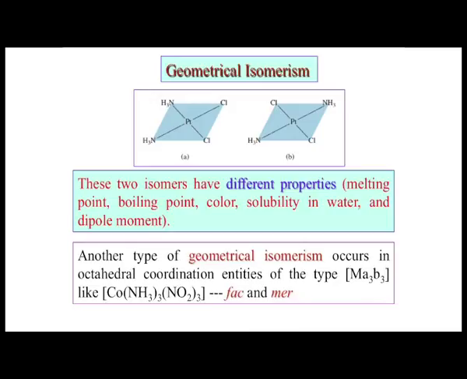So, the two isomers, why are they so important? Because we have already seen that there will be a difference in the corresponding color. This color part is very important when we talk about transition metal ions, whether a 3D, 4D or 5D metal ion, and the colors should be different. Already we have seen in another cobalt compound that the colors are different. Similarly, if they are solid, their melting points will be different. If they are liquid, their boiling points will also be different.